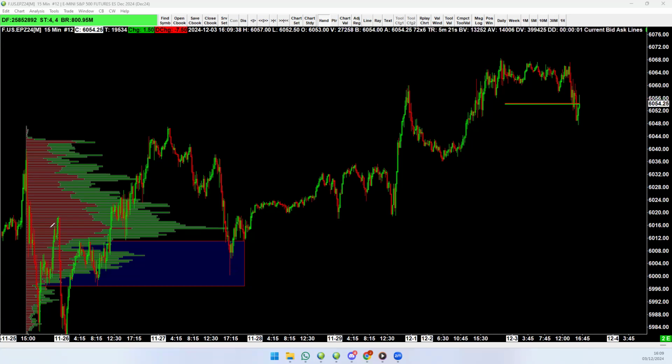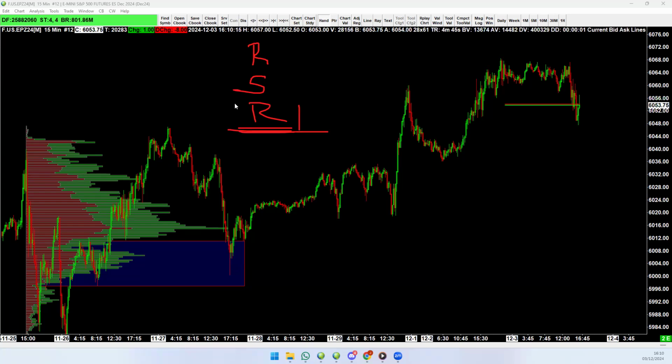Once we have a repeatable setup, and also a scalable setup, because this pattern's going to repeat not only on a 15-minute chart, it's going to repeat on an hour chart, we can scale the pattern. So a setup is repeatable and it's scalable. And our risk